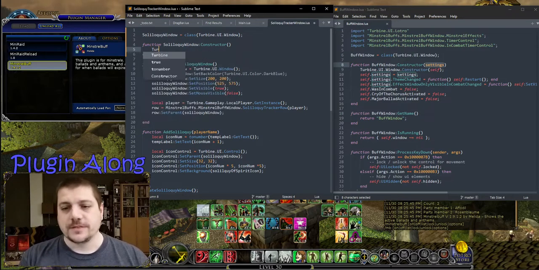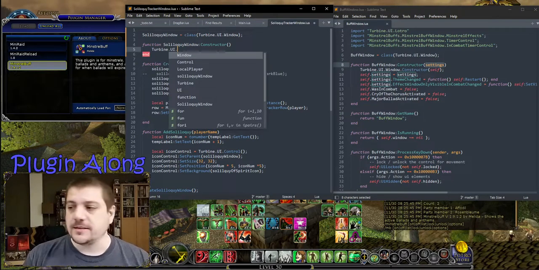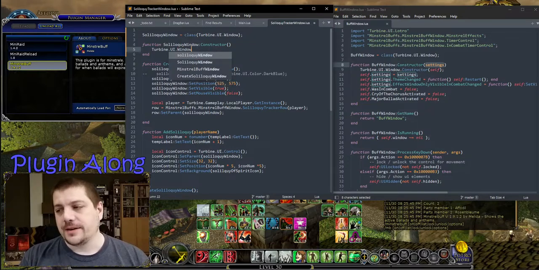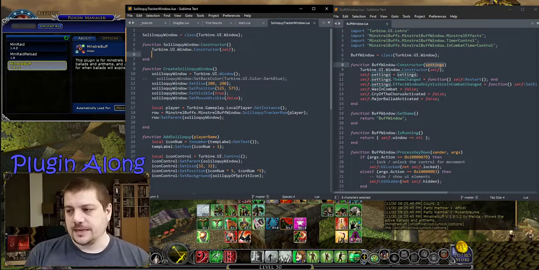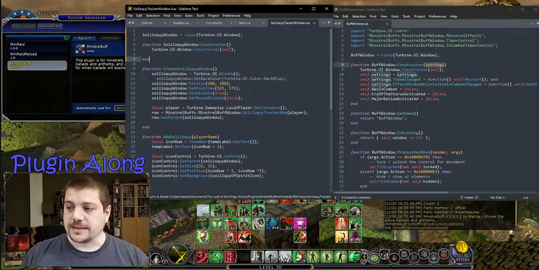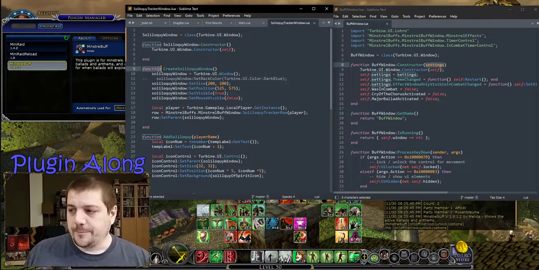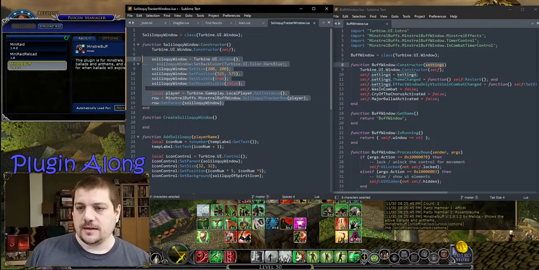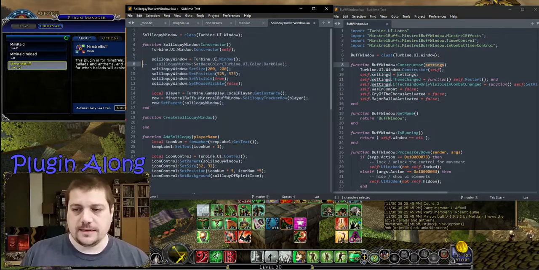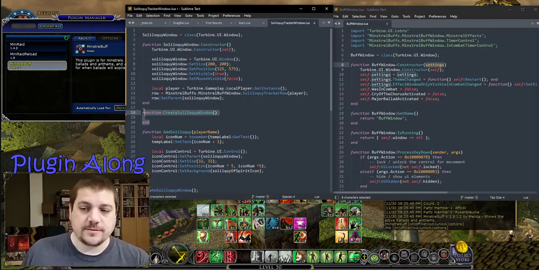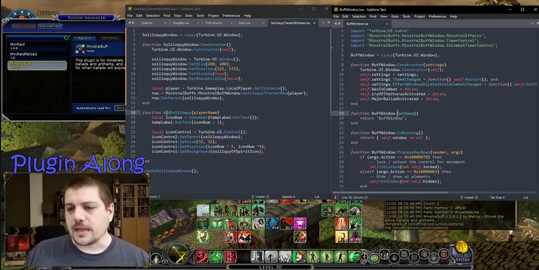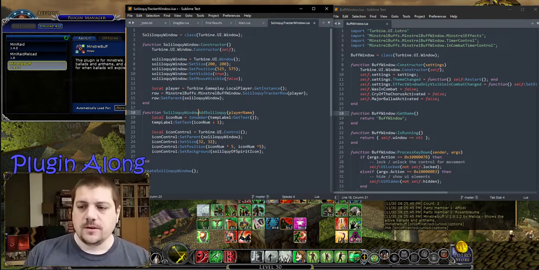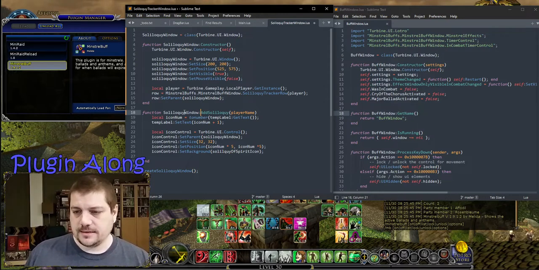Okay, so the first thing you do is call the parent constructor, so turbine.ui.window.constructor, and pass self. And for the rest of this, we don't actually need much else. But we can go ahead and move in all the stuff that we were doing in the create soliloquy window function. And for add soliloquy, we will go ahead and,